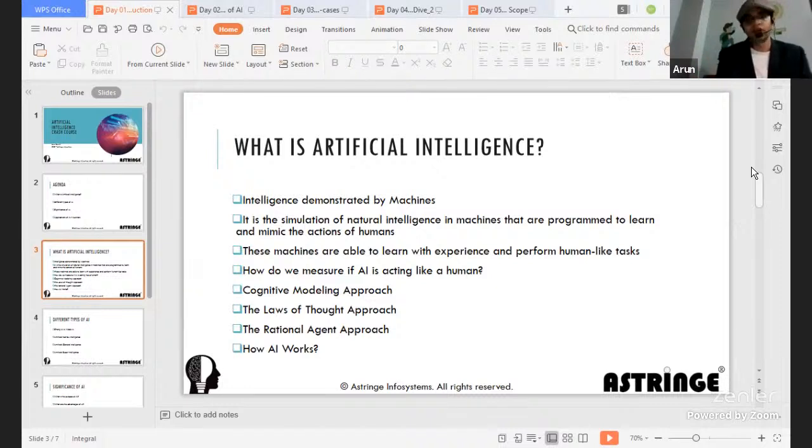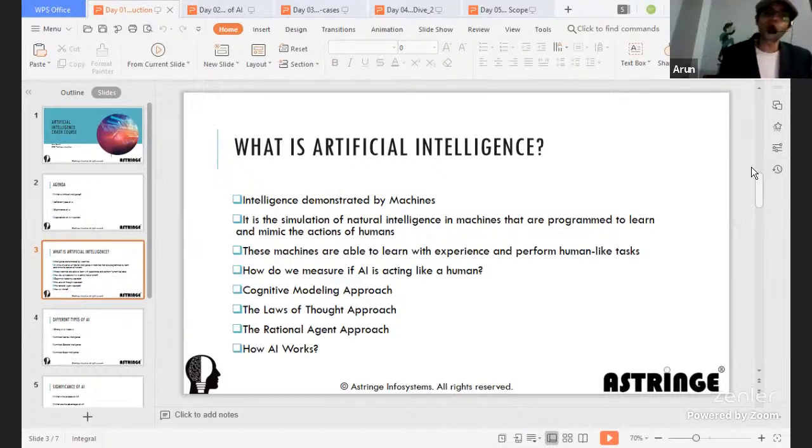I'm not denying it. Probably AI may not be able to eat, or probably AI may not be able to do those activities what a human does, but AI definitely will be able to do those activities what a human thinks, right? As of today, it is still a research topic. Emotional intelligence is still being researched upon at various universities and enterprises, but that could also be a huge change which may come in the future.